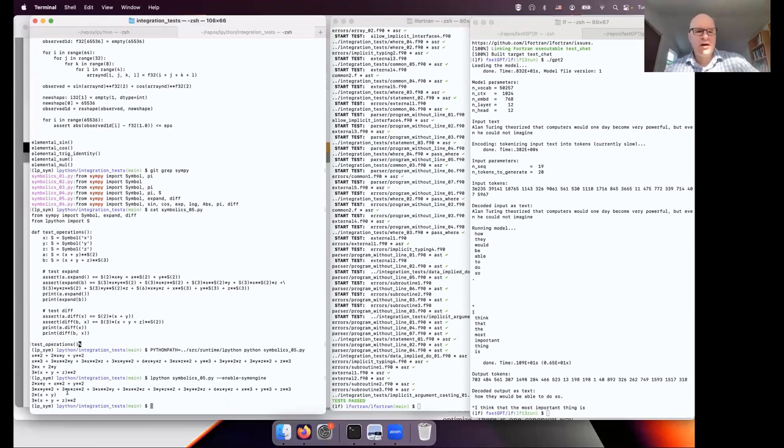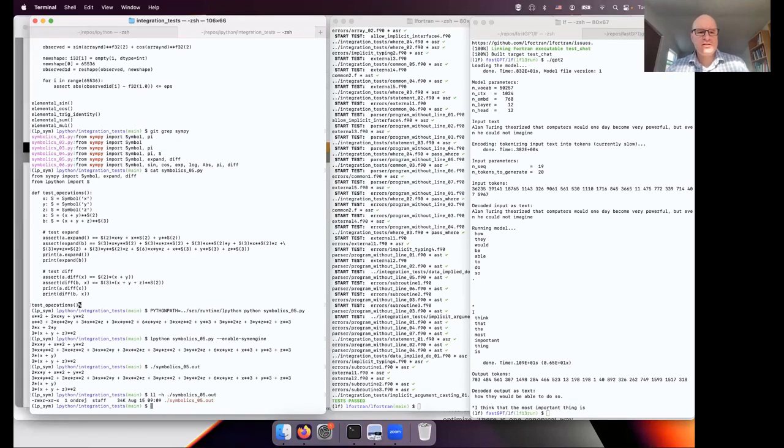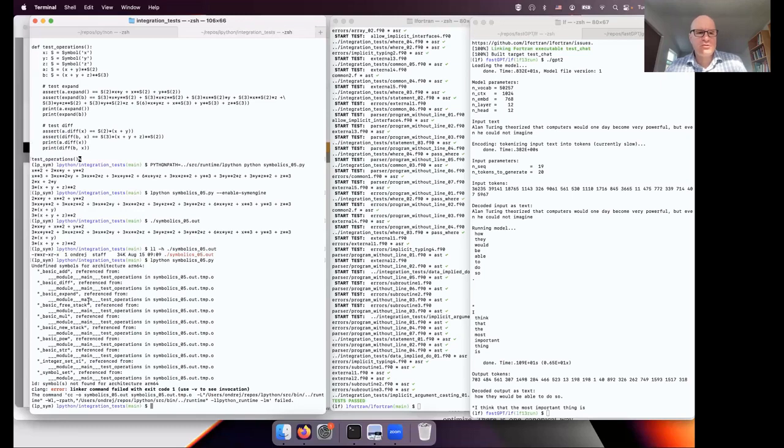So now it took the code, compiled it to ASR, and we have a symbolic type in ASR as a type. And then it compiled it through LLVM to a binary. So here is the binary. And that binary is a very small binary, and it links against a SimEngine runtime. So if I disable this enable SimEngine, if I remove it, you'll get linker errors because it's missing the SimEngine runtime functions. SimEngine is a C++ library for very fast symbolic manipulation.